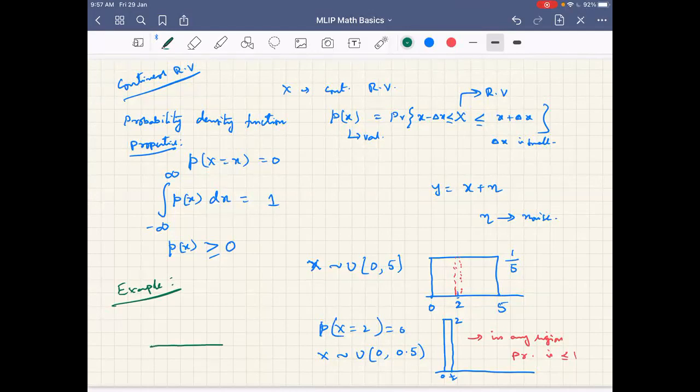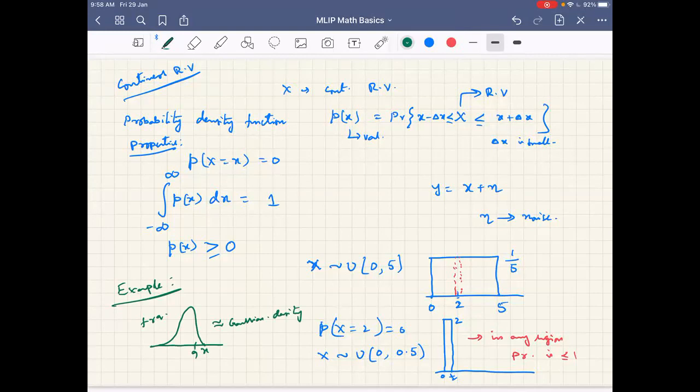Correct. If I consider the frequency of people coming to the class against time, and if it's a well behaved class, it may peak at 9. Otherwise the 9 may be somewhere else. Usually this can be modeled as a Gaussian distribution, the Gaussian density. We will see more about the Gaussian density.